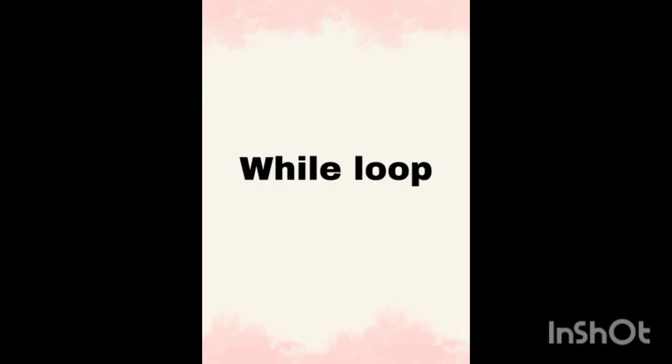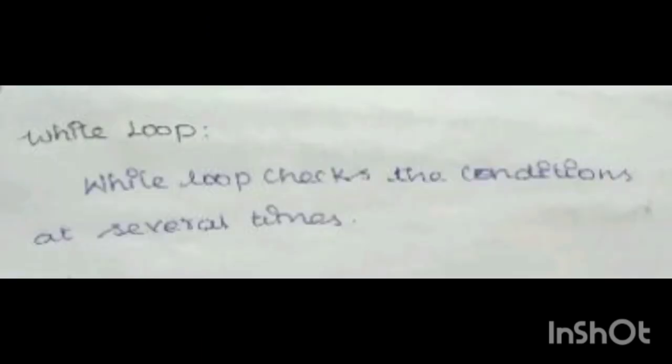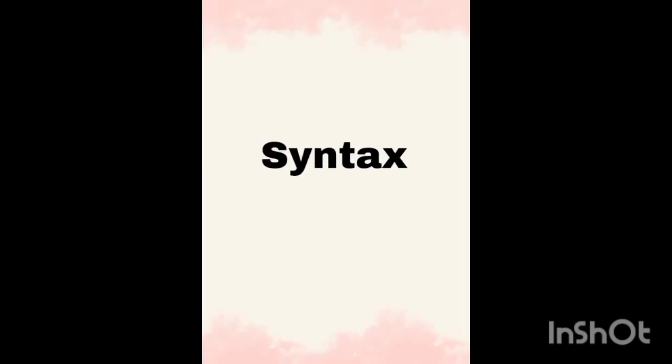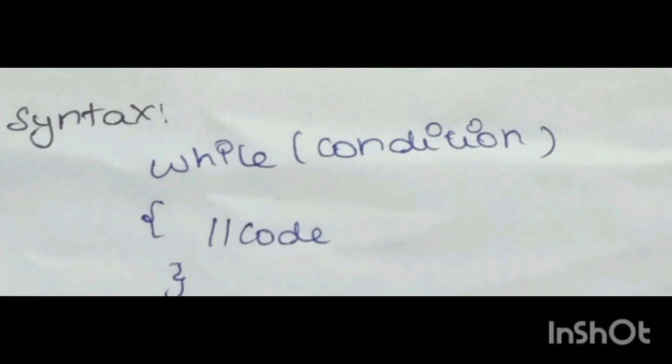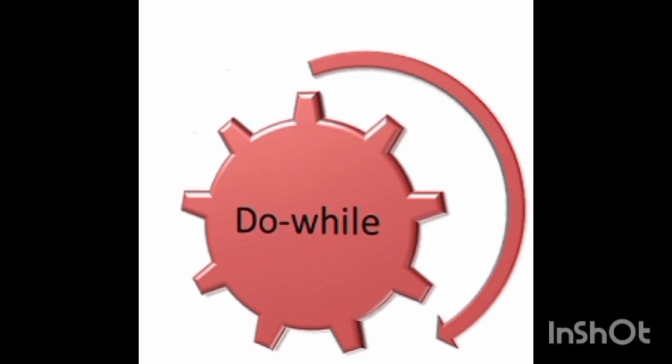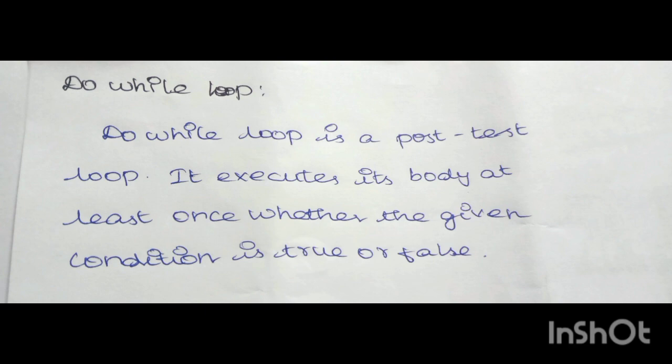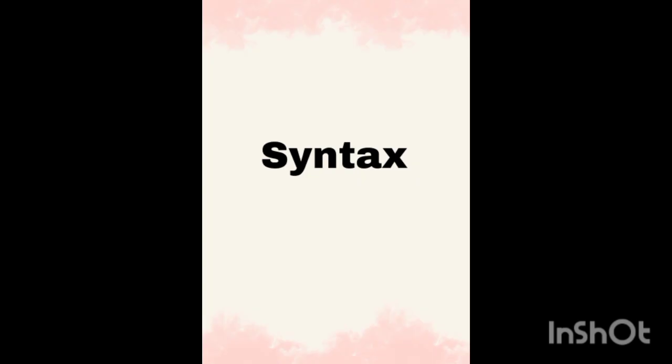While loop. The while loop is used to check the conditions several times. The general syntax of while loop is: Do while loop. The do while loop is a post-test loop. It executes its body at least once whether the given condition is true or false. The general syntax of do while loop is: